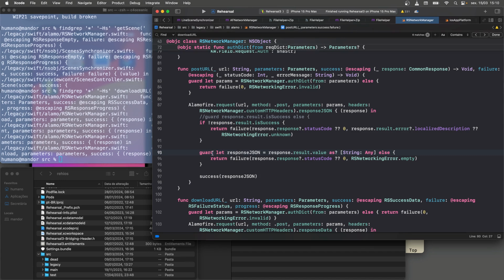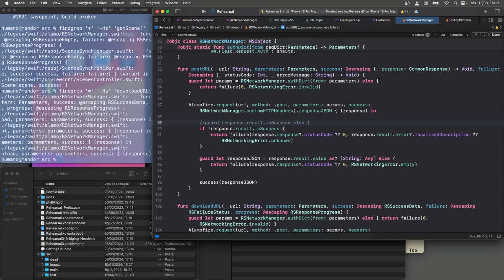Guard let, well, there's an if let. I had the same issue with Ruby. Ruby has this thing called unless. I think this is a problem with trying to